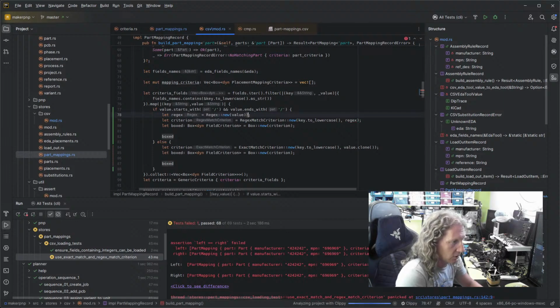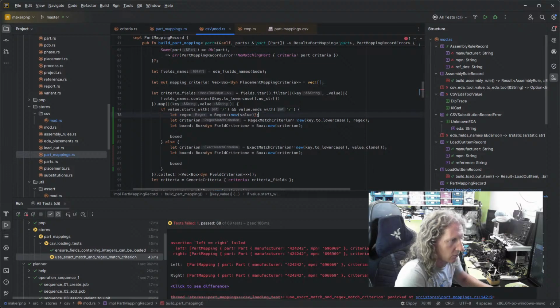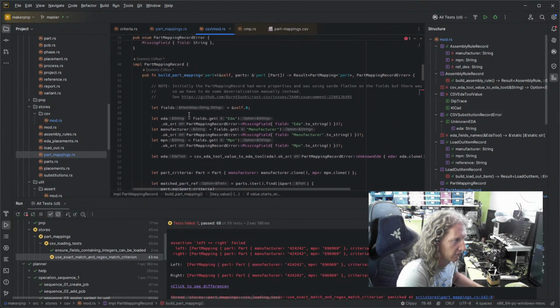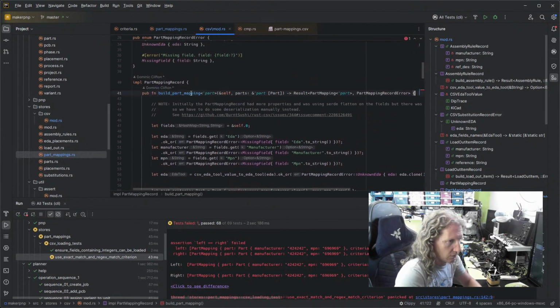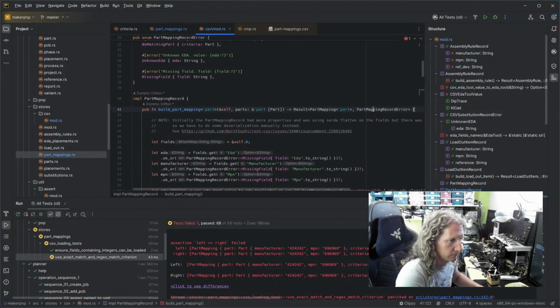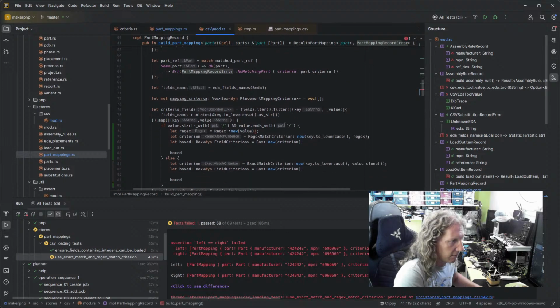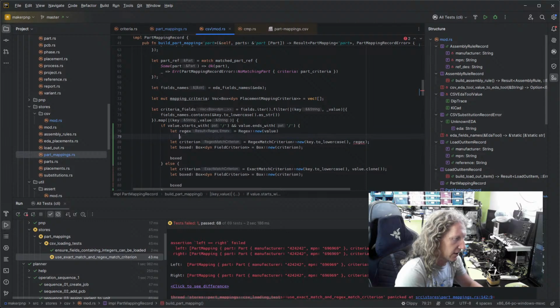Can we put a question mark on there? Maybe. No. Because part mapping record error. So if building one of these fails, we have to go something like